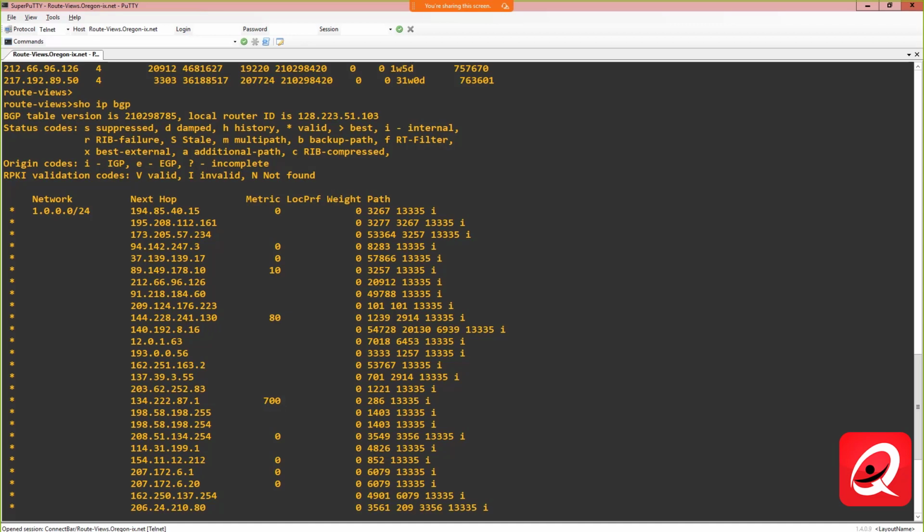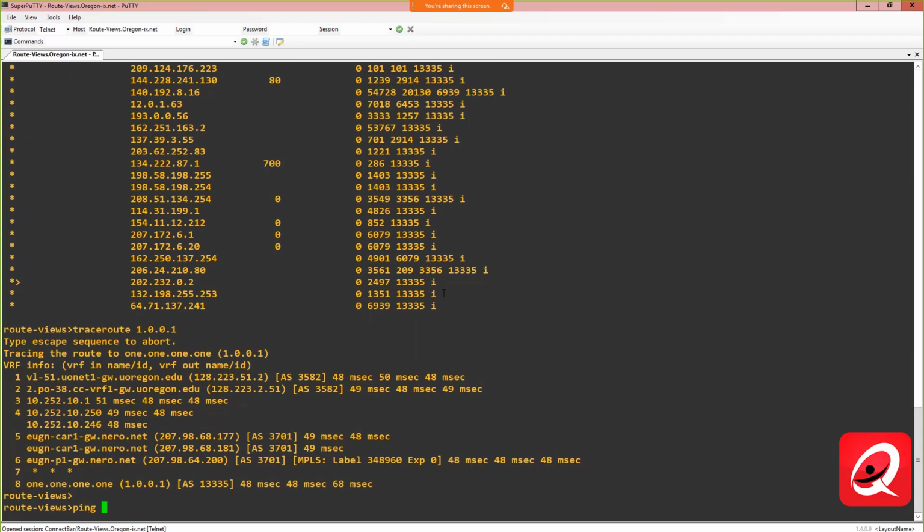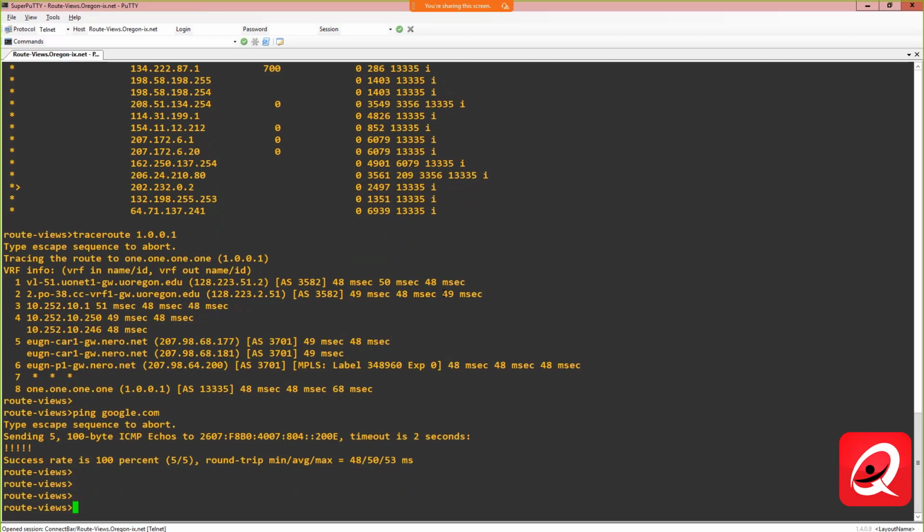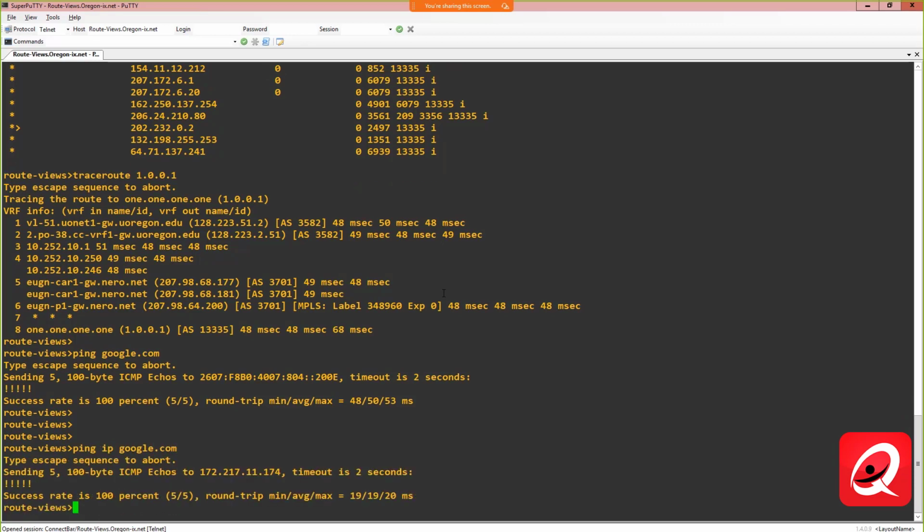So if I do a couple of tests here, let's see if we can figure something out. If I do a ping google.com, oh, it resolved to IPv6. Let's try ping IP. All right, so we got the address 172.217.11.174. So if I do a show IP BGP